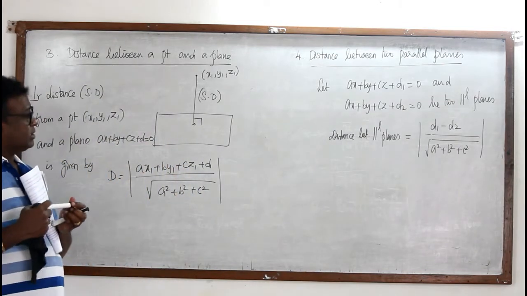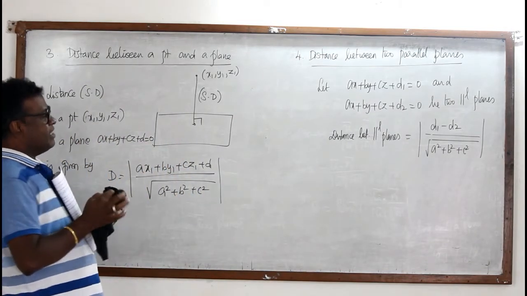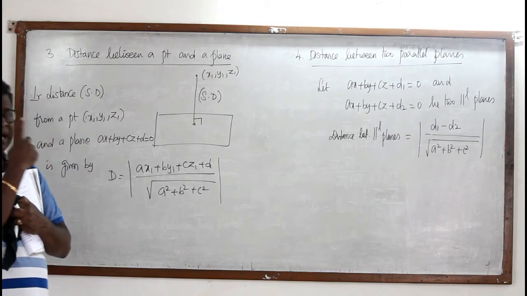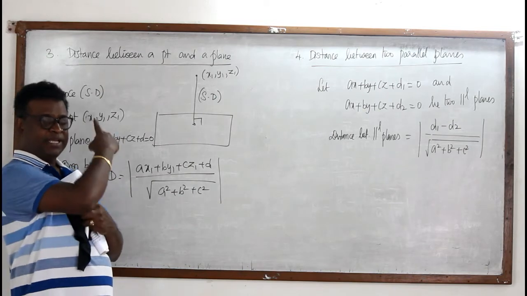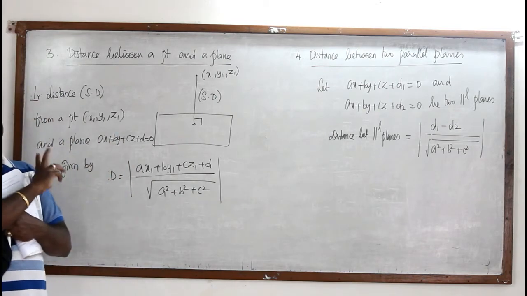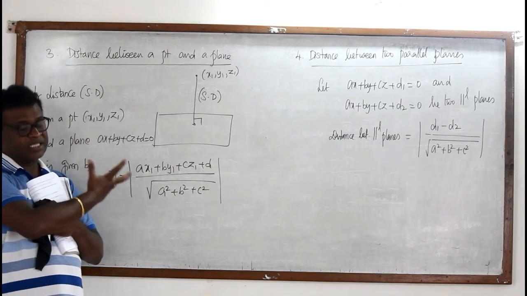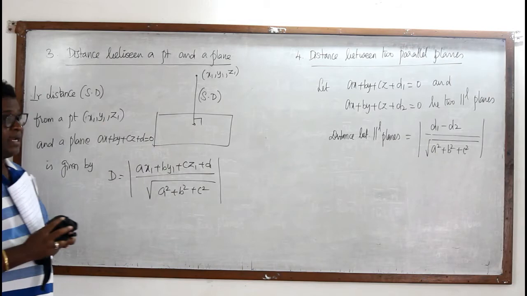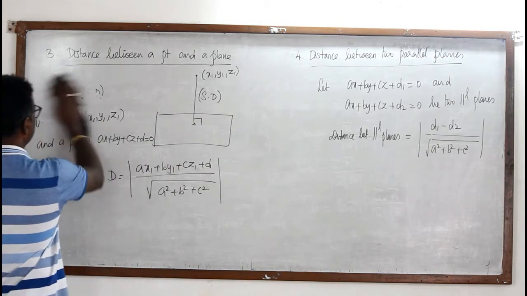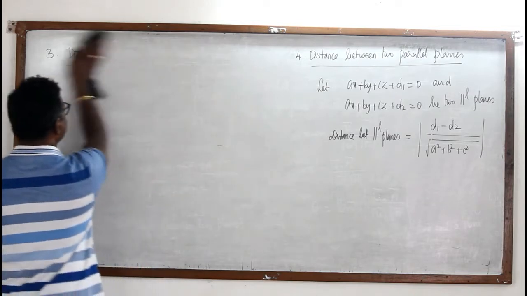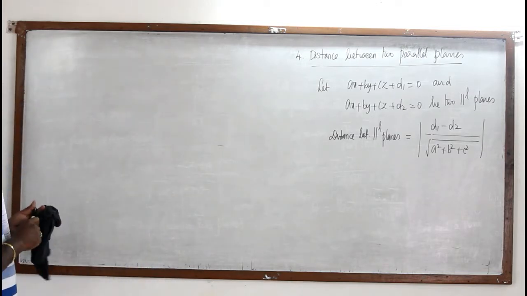So, for the study of planes we have seen the angle between two planes, the angle between a line and a plane, then the distance from a point to the plane. Remember, the distance from a point to a plane is always the perpendicular distance or the shortest distance. Then the distance between two parallel planes. So we shall do problems on these things first. Let's go for the examples and the exercise.